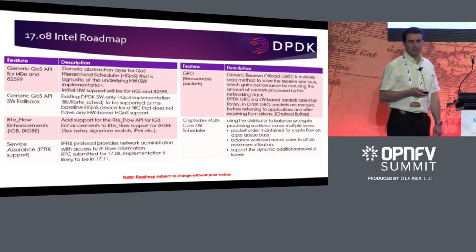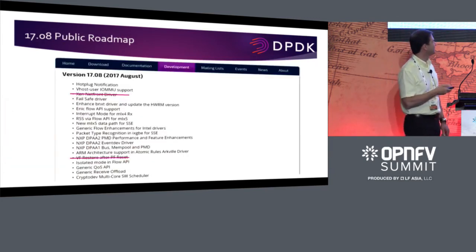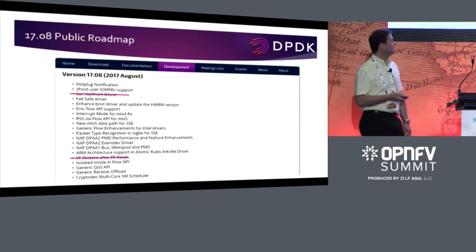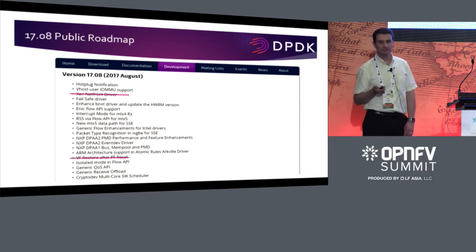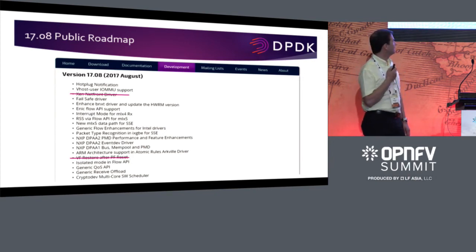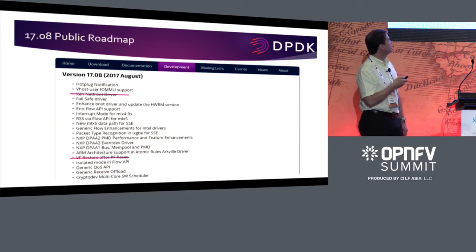So that's 1708. Looking a little bit further ahead, well, actually, there's one more thing on 1708. This is just a snapshot. There is on the dpdk.org website a public roadmap posted there, and this is a snapshot of what it shows for 1708. So that includes input from Intel, which is my particular area of interest, but from other vendors as well. There are a couple of things that are out of date on that, and maybe they should be updated, and it's only when I was putting this slide together last night that I noticed that it was out of date. So I crossed out a couple of items.